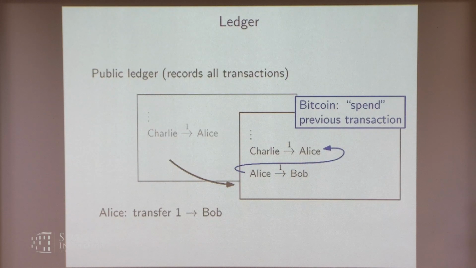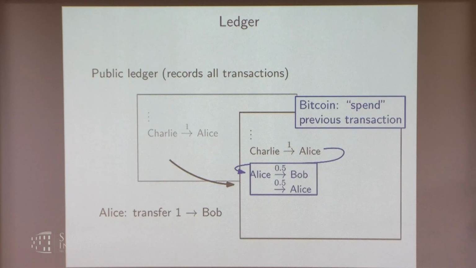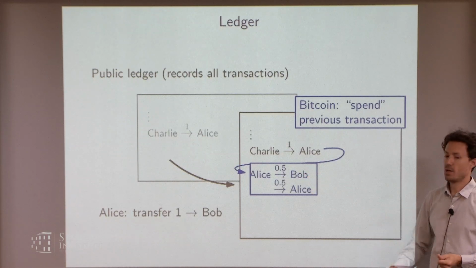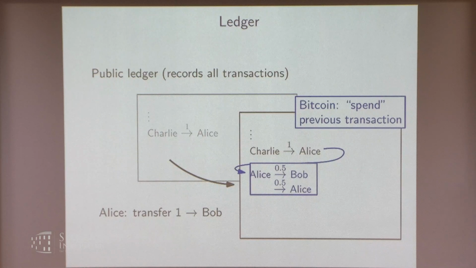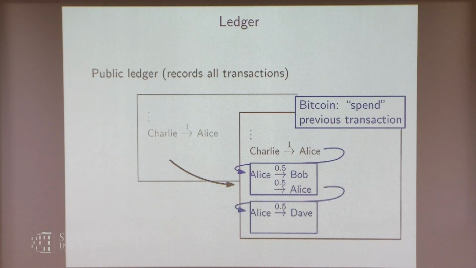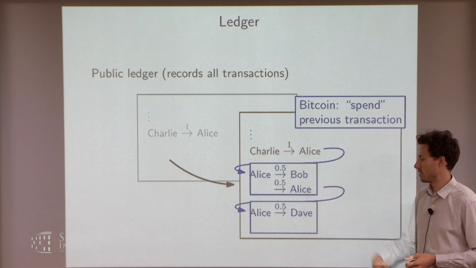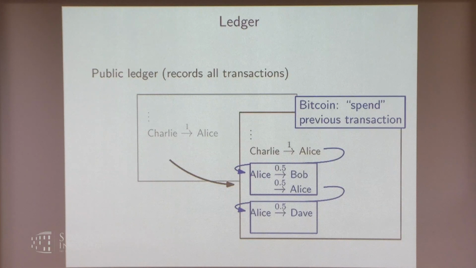So the way we get around the problem of spending all of it is that we allow a transaction to have several outputs. So what Alice would do is she would spend half a Bitcoin to Bob and half a Bitcoin back to herself. And now she can later reference this transaction output and spend this money to say there. So there's no notion of accounts in the blockchain. The only type of information in this ledger for now that is stored there are transactions.